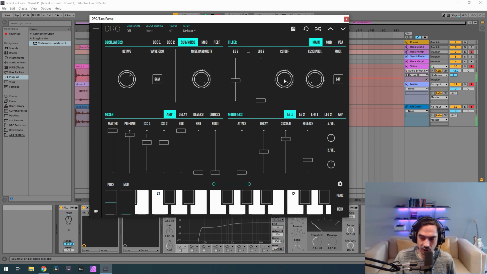And cutoff, we drop it to 240. But now we change it from a low pass 4-pole to a low pass 2-pole, and resonance to 174.